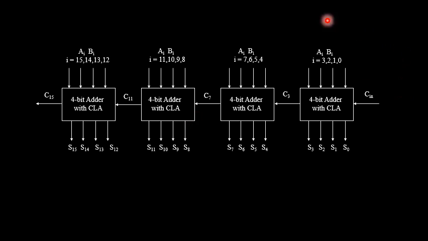So this completes the design for a 16-bit cell. If you consider here the value of operand A and operand B, I have considered it from bit 0 to bit 15, which in total gives the design of 16 bits. If you want, you can change the number of blocks over here.